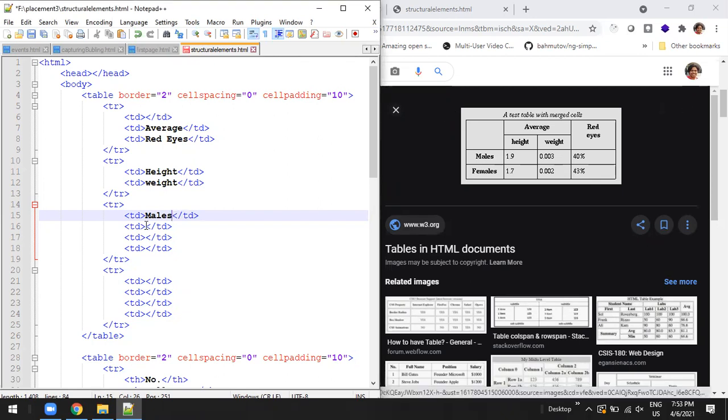So males, and then 1.9 and 0.003 and 40%. And here females, and then 1.7 and 0.002 and 43%. So now let us see the output.